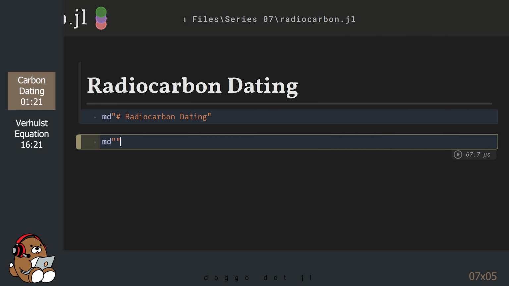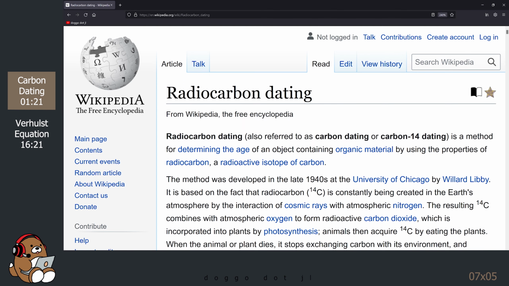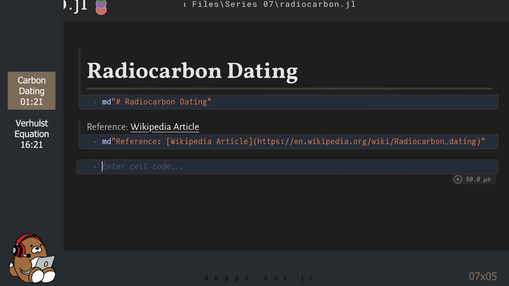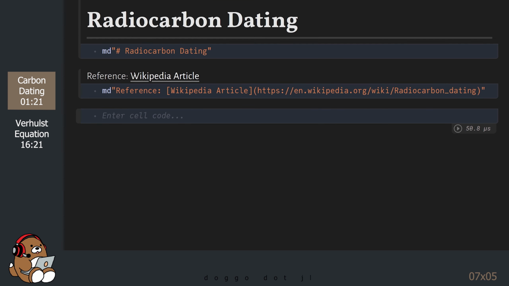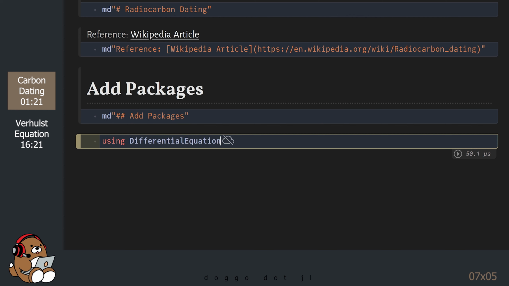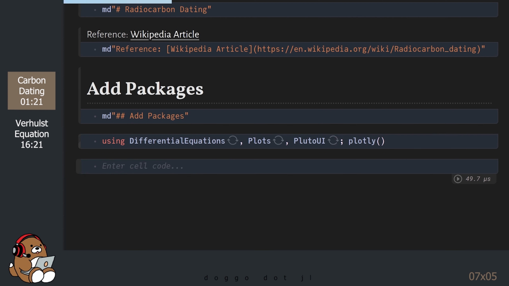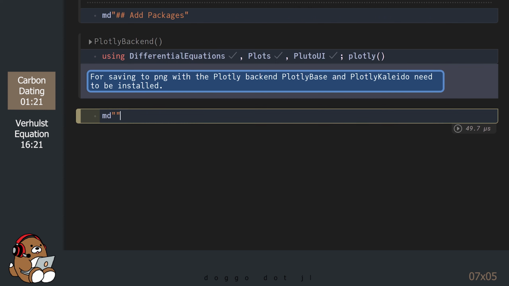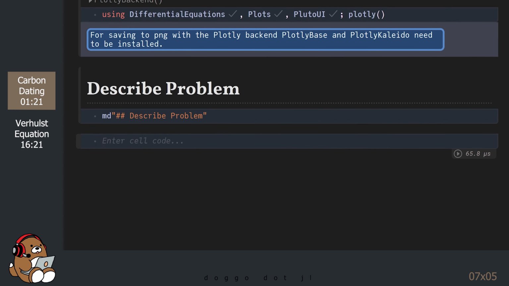Just as a reference, I'm going to add a link to the Wikipedia article on radiocarbon dating. Next, let's add a few packages. Now that everything's loaded, let's describe the problem that we're trying to solve.